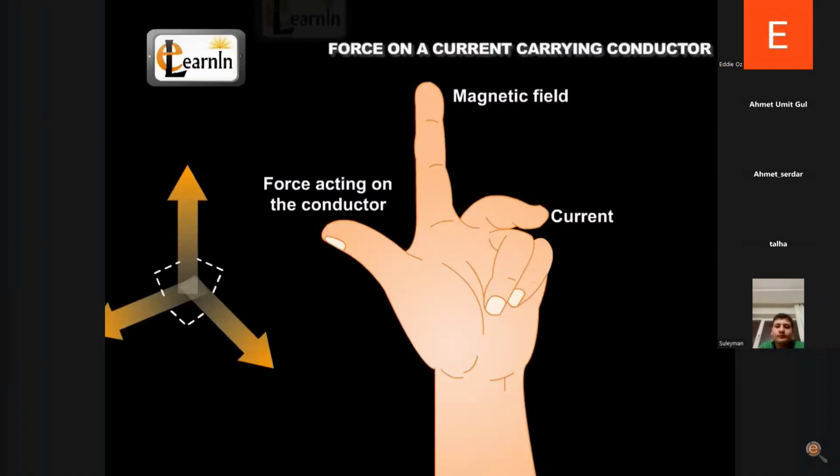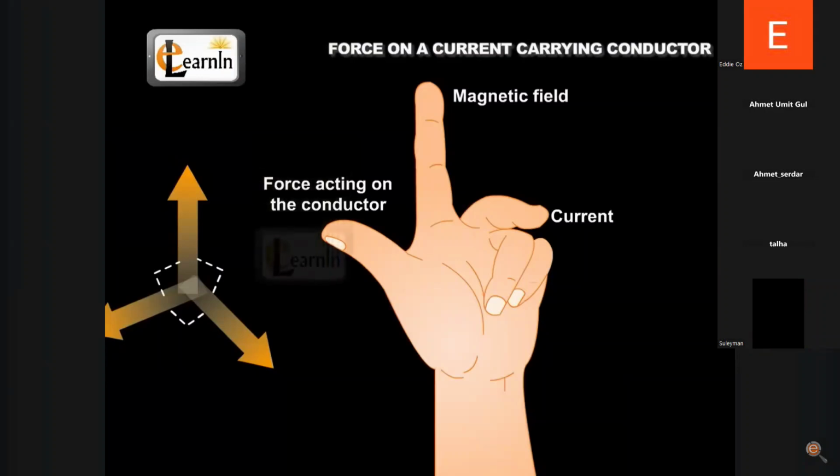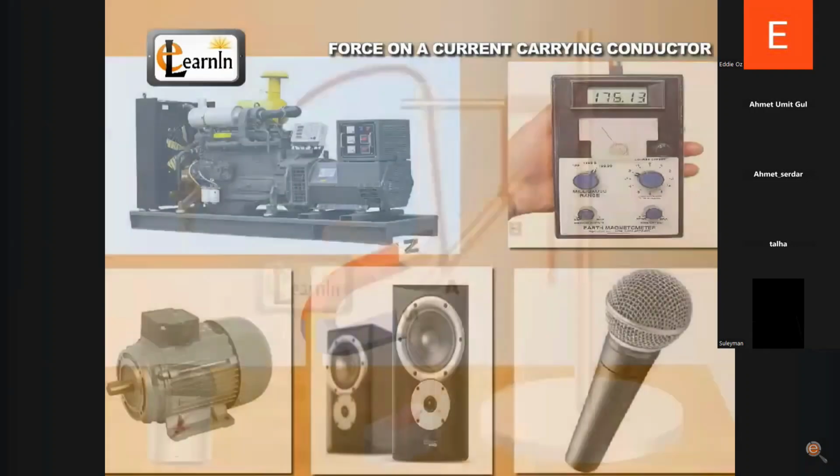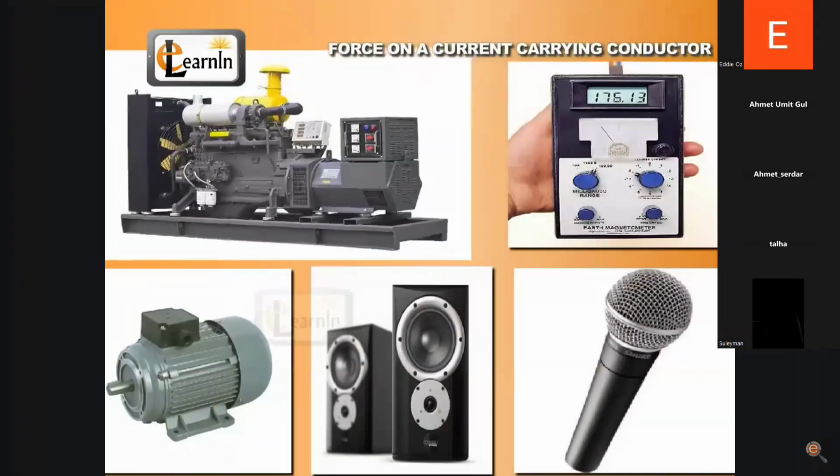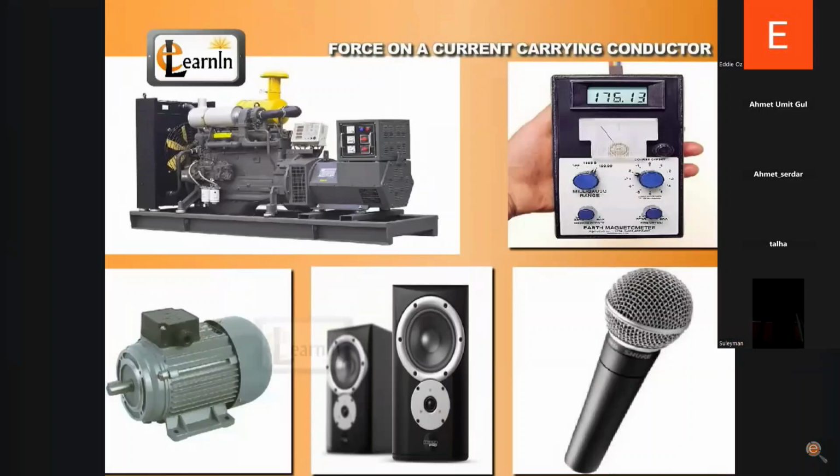According to this rule, stretch the thumb, index finger, and middle finger of your left hand such that they are perpendicular to each other. If the index finger shows the direction of the magnetic field, then the middle finger shows the direction of the current, and the thumb shows the direction of the force acting on the conductor. Electric motors, electric generators, loudspeakers, microphones, and measuring instruments are